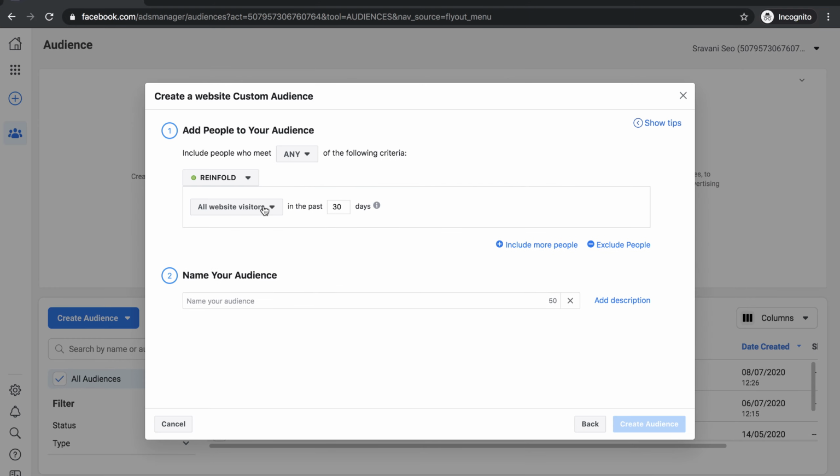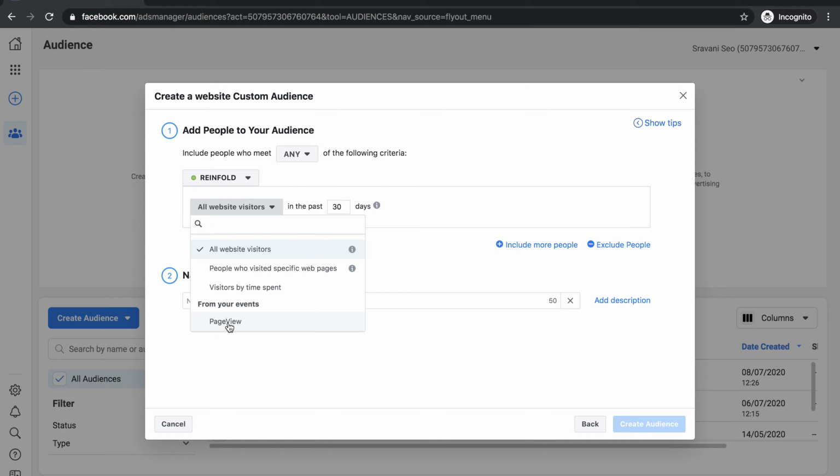So you have a drop down here. If you would like to show your ad to all website visitors, otherwise to those who visited specific pages, that means who have shown interest in specific services, otherwise who have spent more time on your website, you can do that. Otherwise, under events, once you have installed the pixel, you will get to know all the events performed on your website, like page views, clicking on the contact, submitting the contact form, or going through the contact us page.